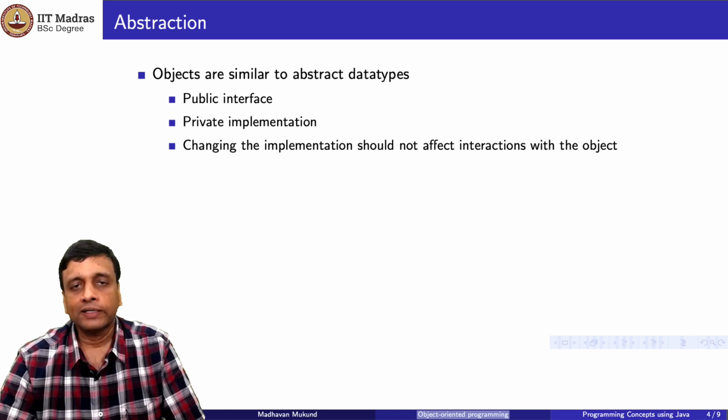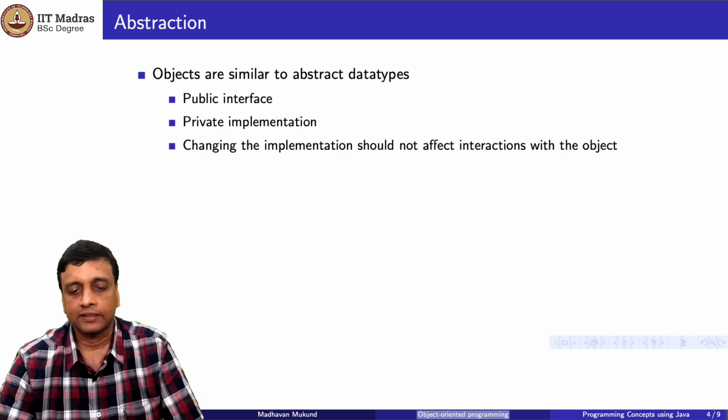So with that background, let's get back to these 4 aspects of object-oriented programming that we introduced in the beginning. So the first is abstraction. We said that objects are similar to abstract data types, so they will have a public interface and a private implementation. Usually the private implementation is the data that is stored inside. We don't normally allow an external piece of code to access this data directly. And there will be public functions which access this data, manipulate it, update it, report quantities based on it, and so on.